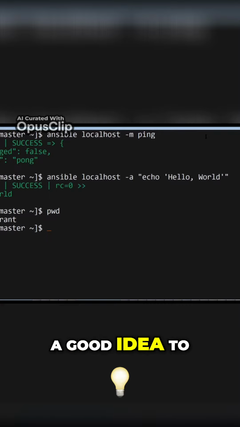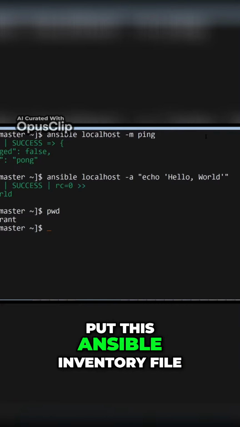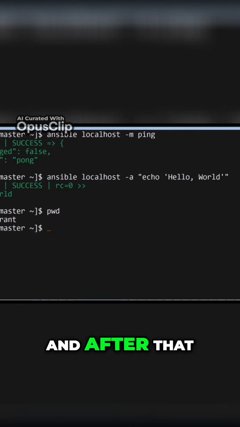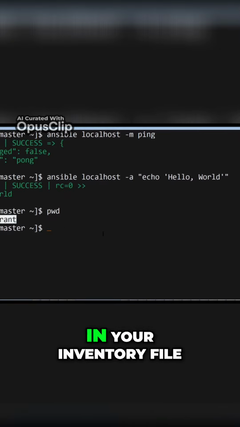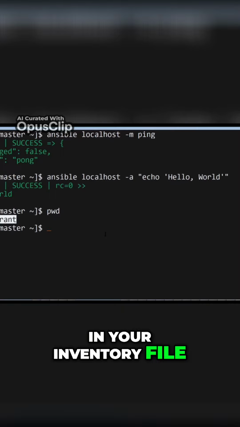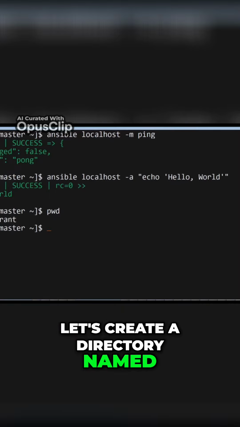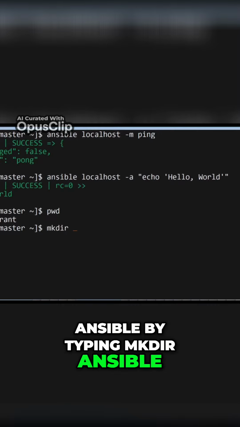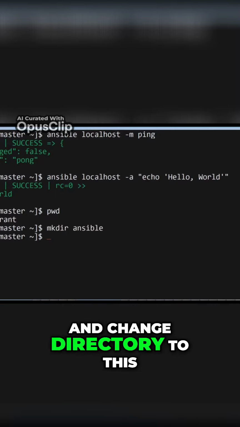It'll be a good idea to put this Ansible inventory file in your home directory and after that work just in your inventory file. So let's create a directory named Ansible by typing mkdir Ansible and change directory to this